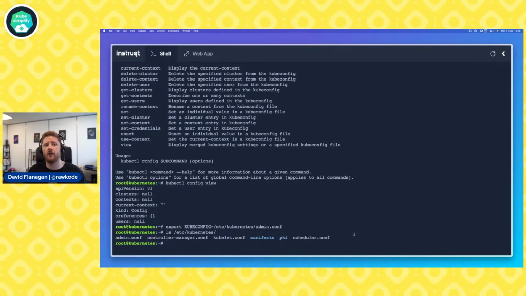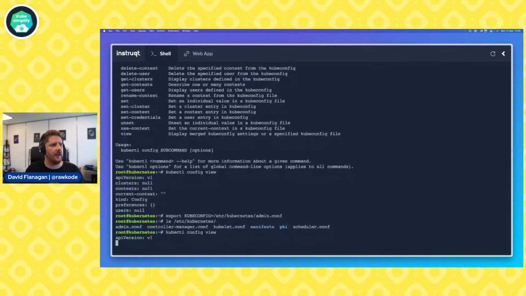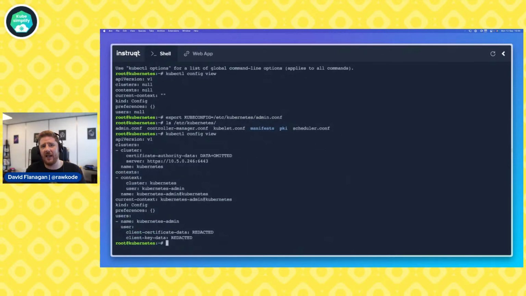Those make up the majority of the Kubernetes control plane components: the kubelet, the scheduler, controller manager, and the API server. The API server is our admin.conf. So by setting our export here, we can run config view one more time, and we get a lot more information. We now have successfully configured how we speak to a Kubernetes cluster.